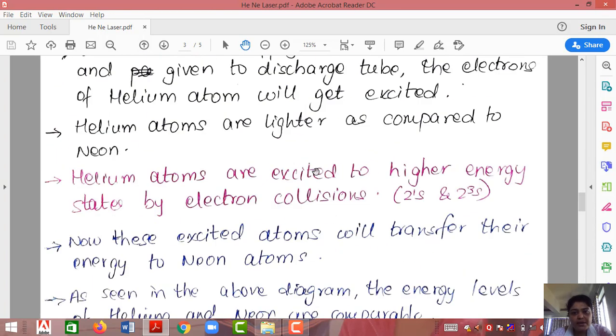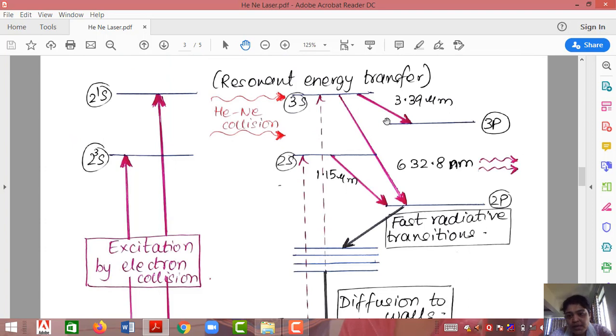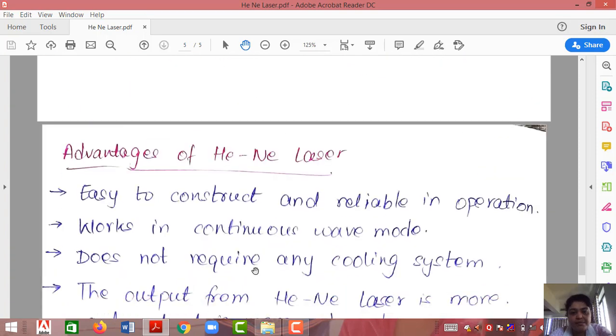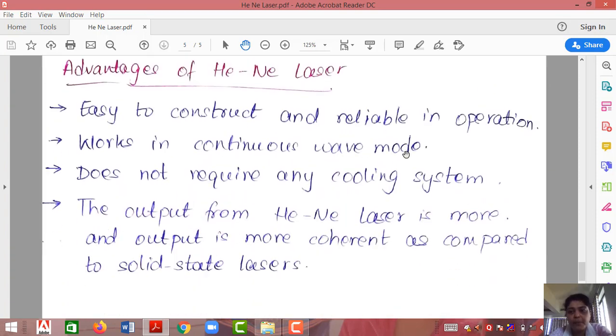It works in continuous mode. Let me just go back to the energy band diagram again. Continuously, if you compare this level 3p and 2p, because all the atoms after exciting will come here and then will come to 2p, and from 2p, because that is not the ground state, they are going to decay. So this level 2p will always have less population compared to 3p. Why? Continuously, because of the optical resonator, neon atoms are exciting and coming back to 3p. So 3p will always have more population than 2p. So that is the reason that helium neon laser will give us a continuous wave or a continuous beam of laser.